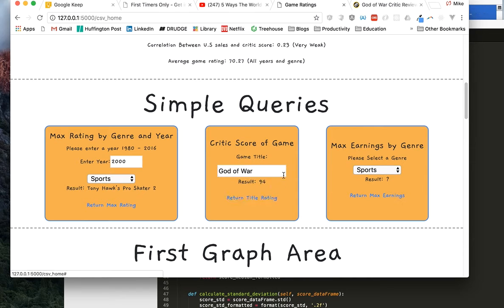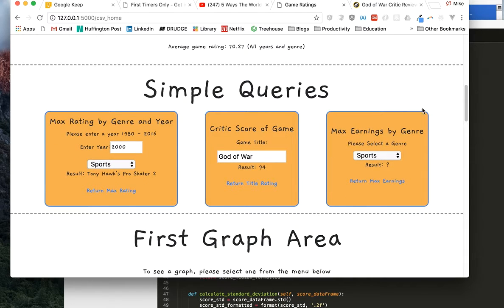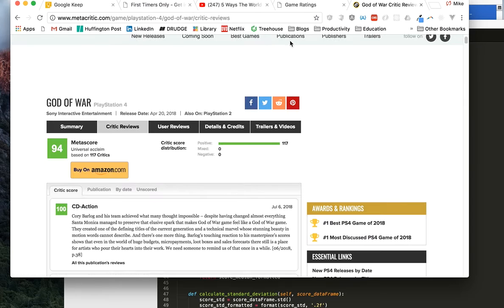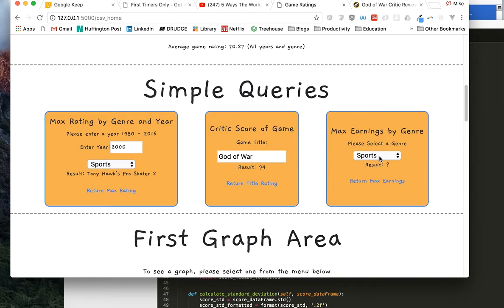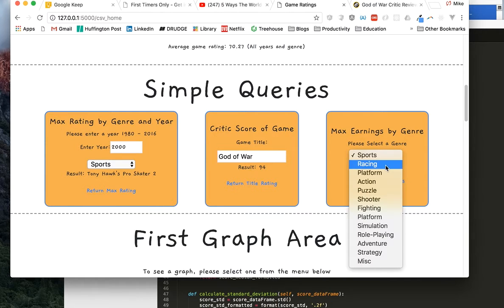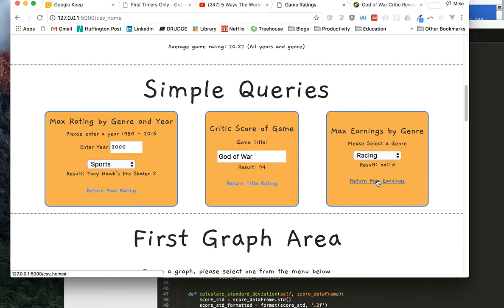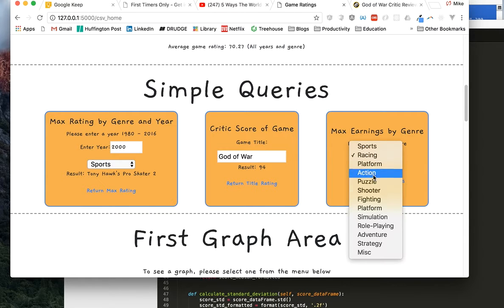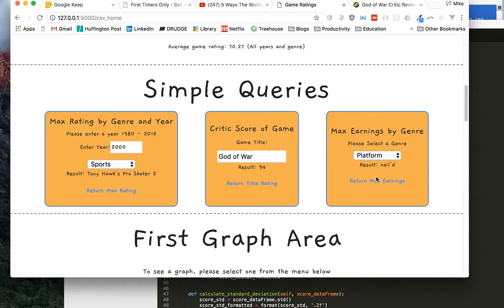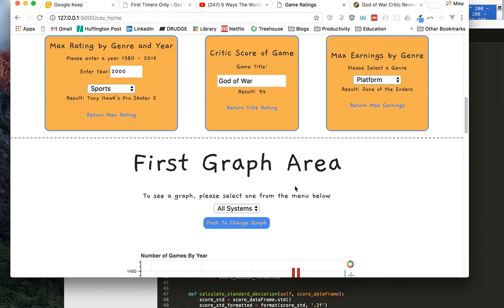Select it. 94, which it showed from the web scraping of Metacritic, obviously, right back here. So that's just right on par. So I actually think that CSV file is showing that they actually web scraped Metacritic. In a racing game, and it shows you max earnings by genre. So what games made the most. And here's some